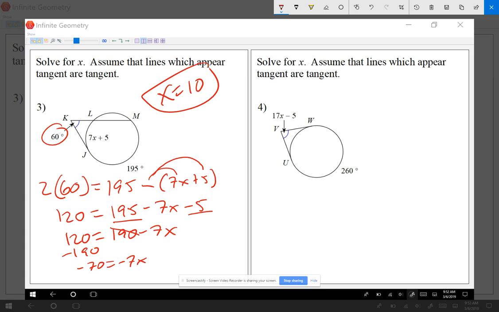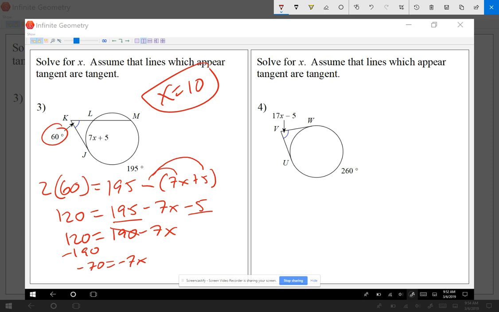I put parentheses on the little arc, the 7x plus 5, because of the plus in between it. And the reason why I put parentheses is because I know that my minus has to go to the 7x and it has to go to the 5. If I don't put parentheses, more than likely I'm going to only put it on the 7x, but I will forget the 5. Now looking at question number 4,